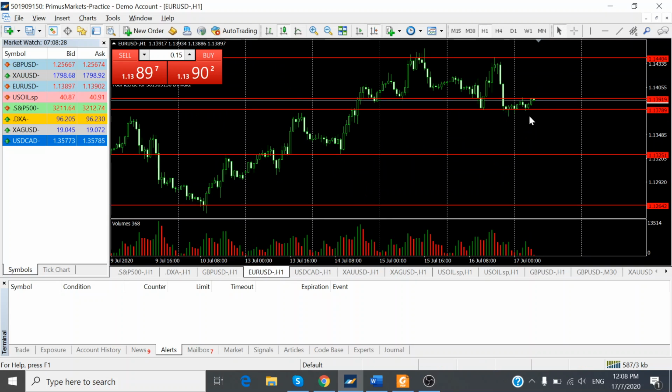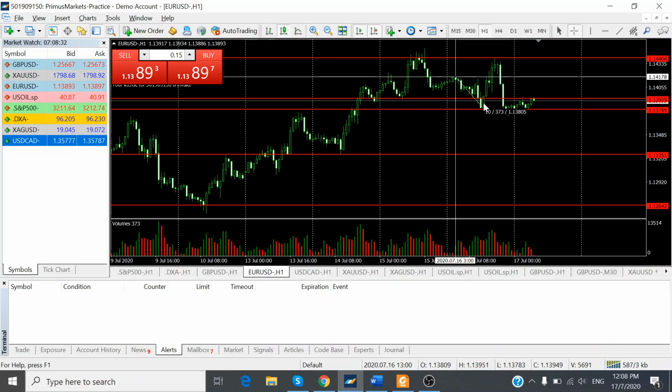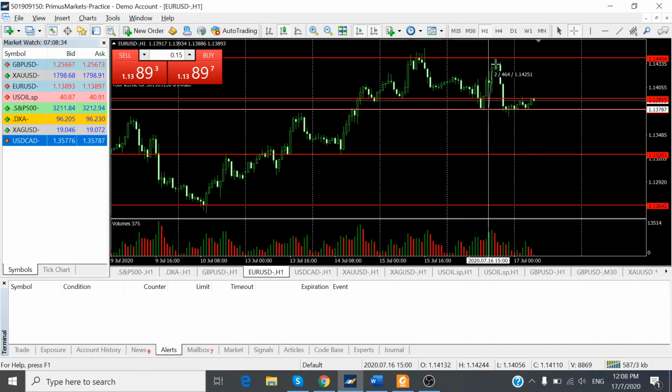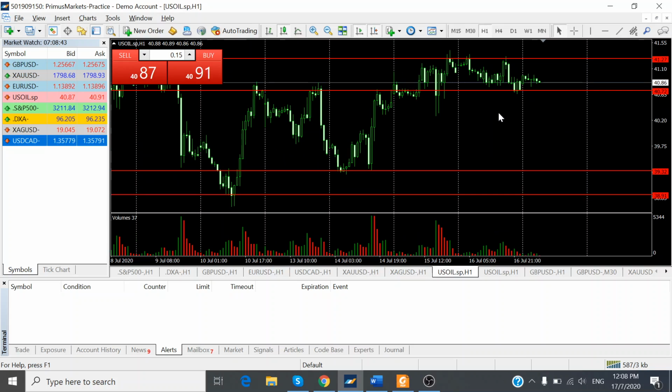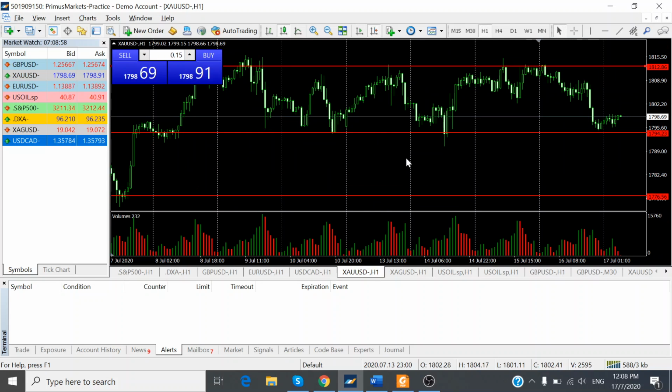And then again for the euro dollar, we see it coming down about 38 pips and then going up 60 pips, and then coming down again another 60 pips. So it was the same story for oil prices. Initially coming down about 55 cents and then going up another 52 cents and then coming down again another 56 cents. So largely sideways, largely consolidating,